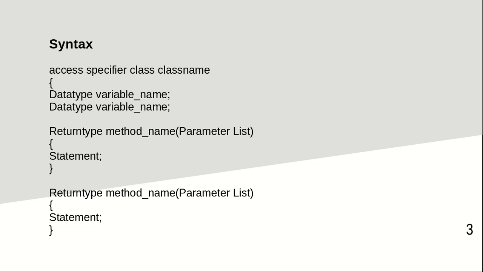Then we specify the members of the class, that means the data type and variable name. There is a list of members we have specified using the data type and variable name. Then we specify the member methods of our class using the return type, method name and parameter list. Then an opening brace, then the set of statements and a closing brace. In this way we can define n number of methods within the class. The return type specifies whatever data will be returned after execution of that method, and the parameter list defines whatever the input is for that method.